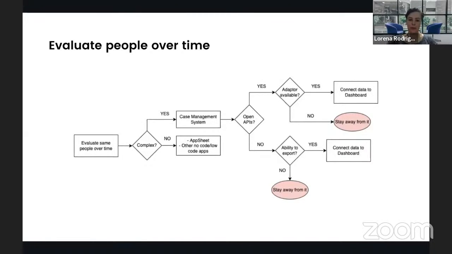So I just click on a button and now it's referred to this other area in the organization, and that person will receive an email and see that, okay, I have now this new kid that was referred to me, and I have to process this kid through these different stages, and all of those stages happen right in the case management system. And whenever I log in and I search for a kid, I can see absolutely everything that has happened to that person throughout the lifetime that they have been working with us. So it creates more like a personal file of everything that has happened to them,